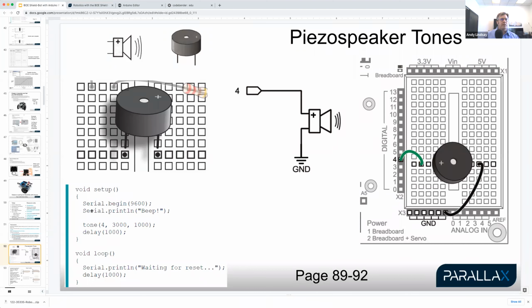So once that is set up, what this does is in the setup, which only runs once, it has Serial.begin(9600), which in the homework before the class, you probably used numerous times in order to see messages from the Arduino in the terminal. And so it prints "beep," and then it uses the tone function call to say that the speaker is connected